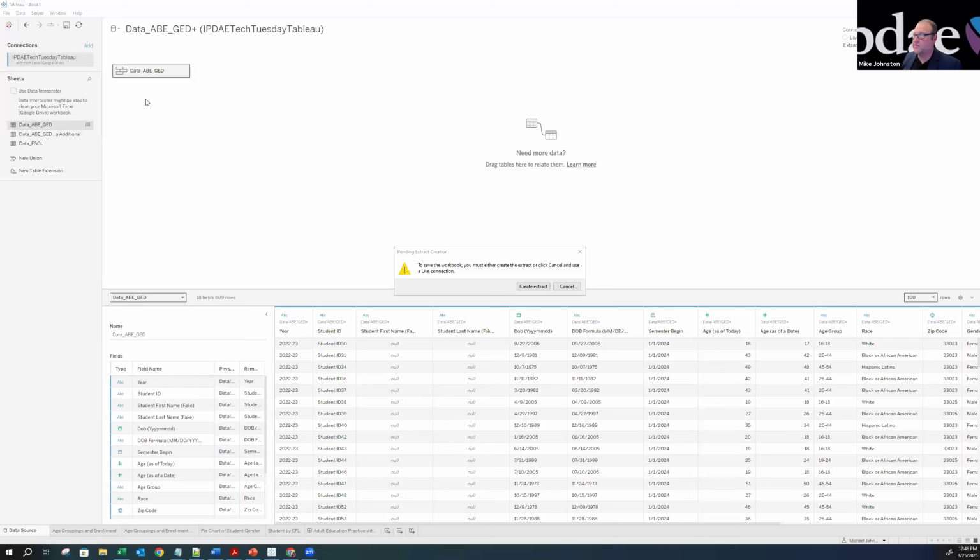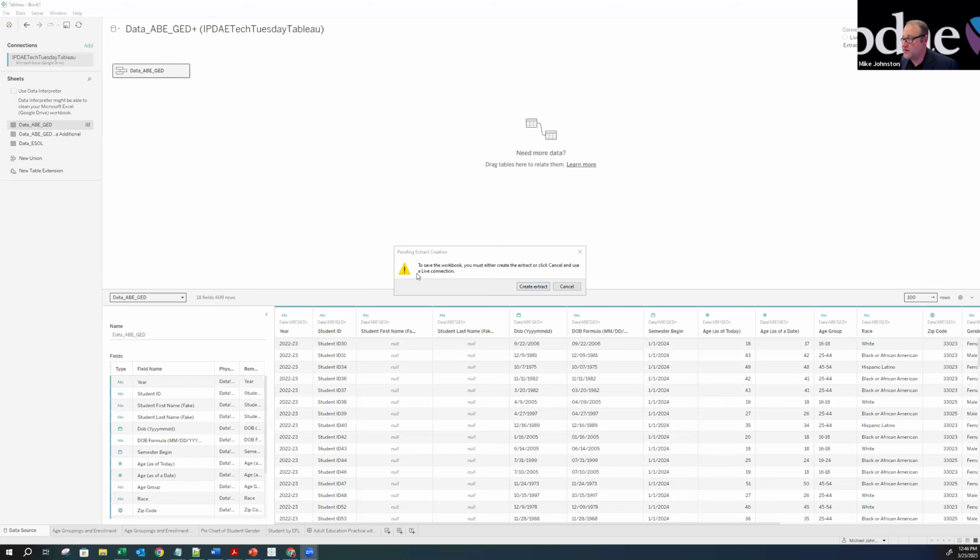In order for us to create an extract of this data, you have to come over here. You have to tell Tableau, so I'll show you what I did. I went back to my page, and it just asked me to come over to my page, and I am telling it to create an extract, which is what I did. I clicked on this button and I created my extract.